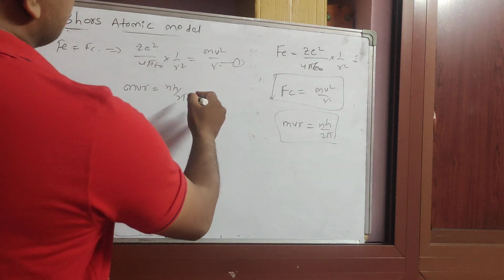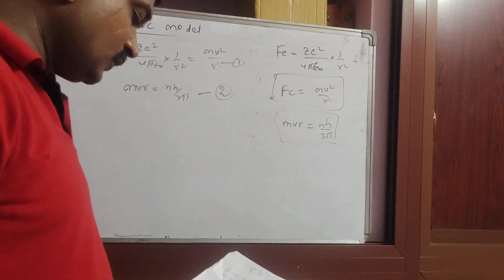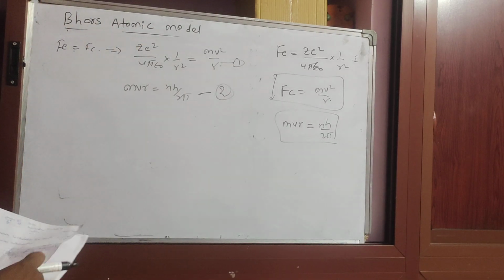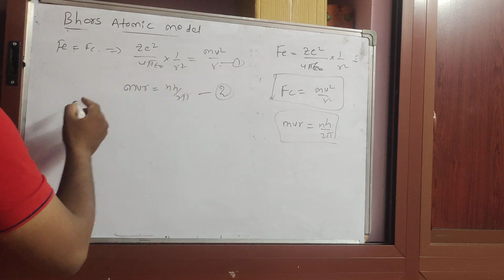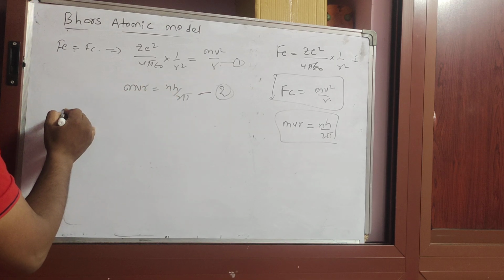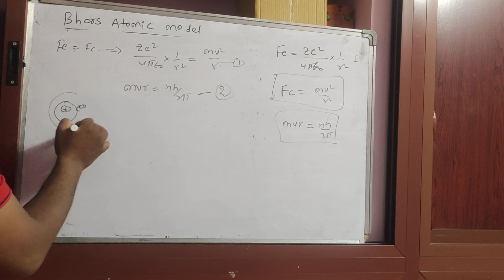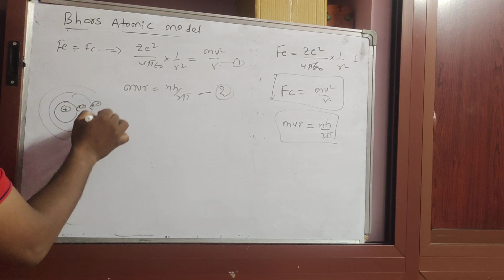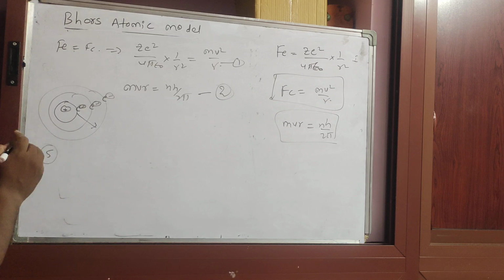These are the two equations. By using these two equations, one more postulate is: if any electron revolves around the nucleus in a particular, fixed circular orbit, the fifth condition is